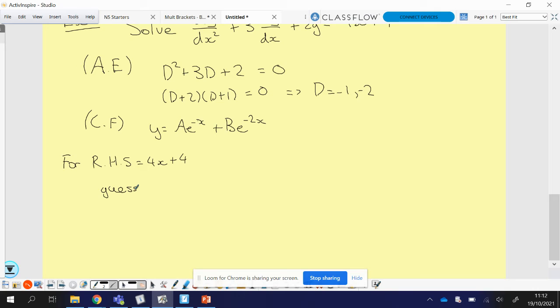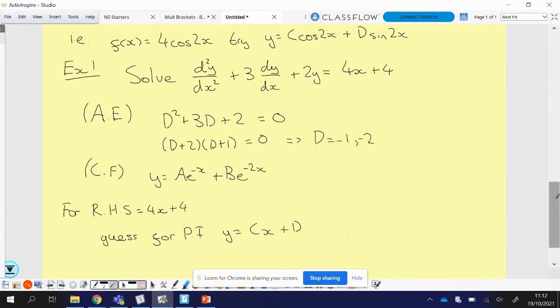for the particular integral that our function y, that was a solution, will have to match that. So it's going to be a constant cx plus d. Okay, so you can see how that will match to the right hand side. Now what we need to do is substitute that into our equation again right back at the start. So in order to work out what c and d actually give me, I need